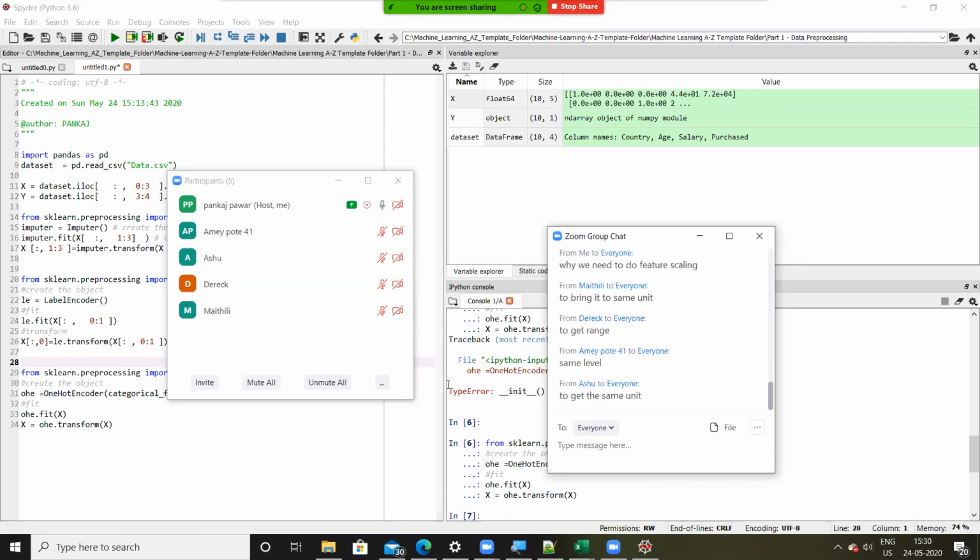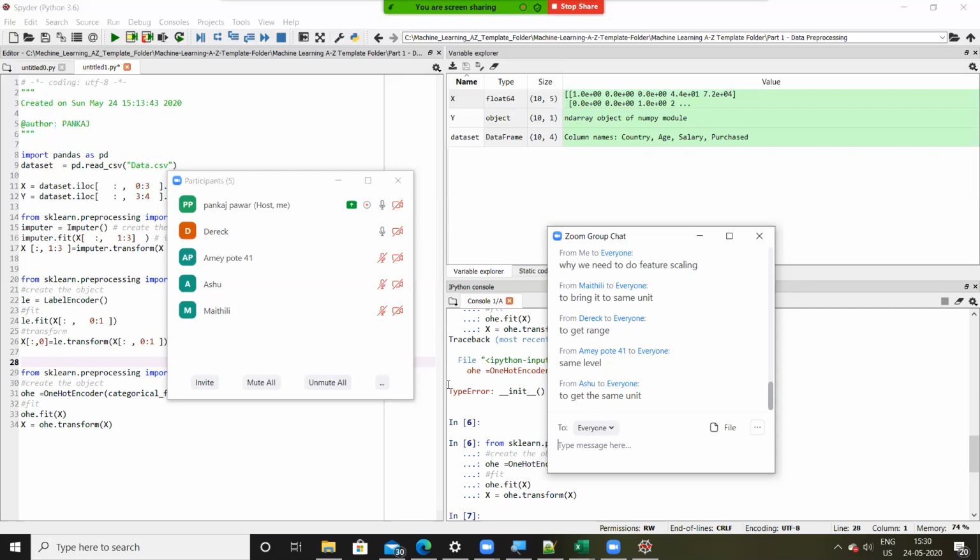Right. So Derek, will you please elaborate what do you mean by to get a range? Sir, can I chat from here? Yes, yes. Sir, range, what I mean to say is, when we do feature scaling, the numbers, the categories, it will change to some values like minus 0.51, between 1 to -1.